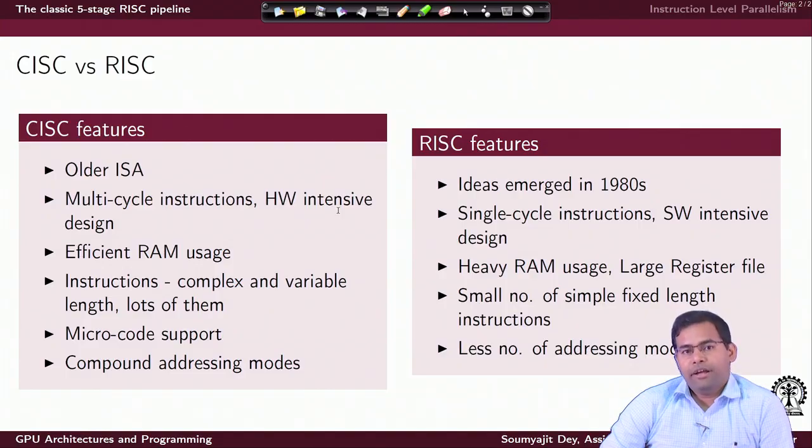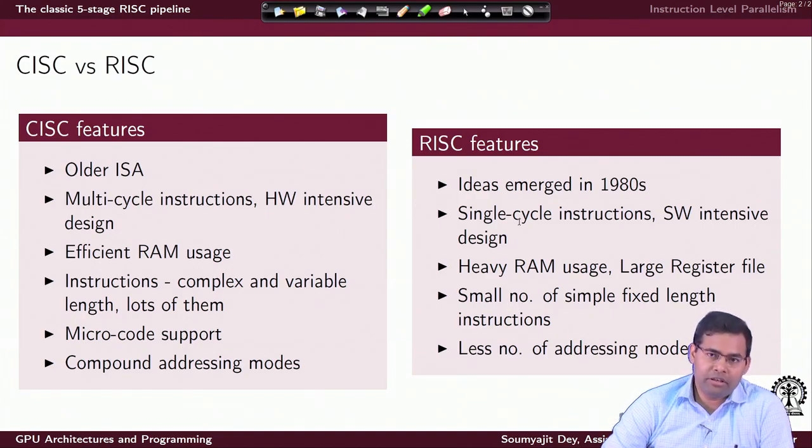Vis-a-vis the RISC feature is that all the instructions are single cycle. Every instruction will do something very simple, but at the same time, since it is going to do something very simple, it will consume a single clock cycle and get the job done, which would mean for the same functionality, the number of instructions in CISC is less, the number of instructions in RISC are more, but each of them execute faster. So, overall, the timing for the final task may not differ much. It is about how the system goes about achieving the job.